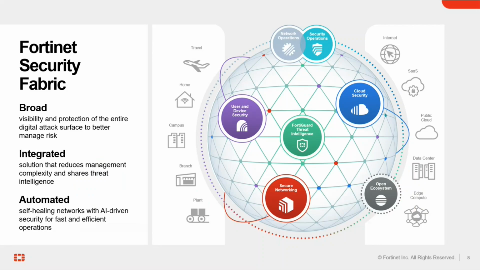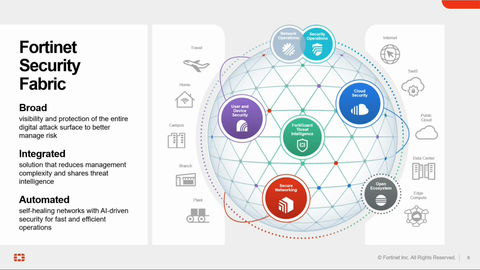So just to touch on the security fabric, at the heart of the security fabric, you can see this thing called FortiGuard threat intelligence. So within Fortinet, we have a skilled team of researchers looking at the threat landscape, working with law enforcement agencies, working with other hardware and software vendors to get all that intelligent information that we then disseminate throughout the security fabric to namely FortiGate devices, but to other products or platforms that exist within the portfolio. Those threat feeds can also be shared with other external parties as well.